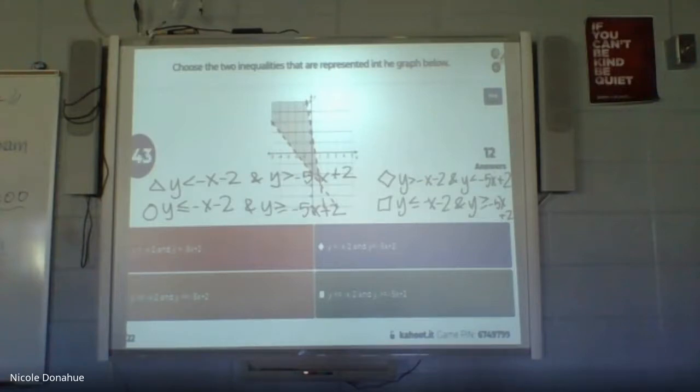And then we can eliminate 2 of them because of the equal 2. We have the